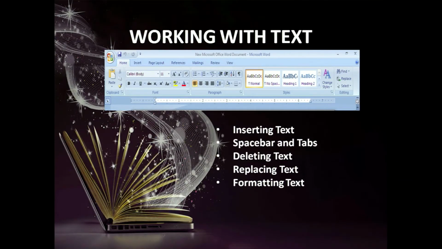If I use the find and replace feature, you can type the word which you want to search for in your document. Suppose I want to search for the word format in my document, I can use find and replace, or I can use Control F. Then the find dialog box will appear. In that I can enter the word which I want to find. I want to find the word format, so I click in the find box and type format. Then if I want to replace that word with another word, I can use the Control plus H key. This is the shortcut key for find and replace.